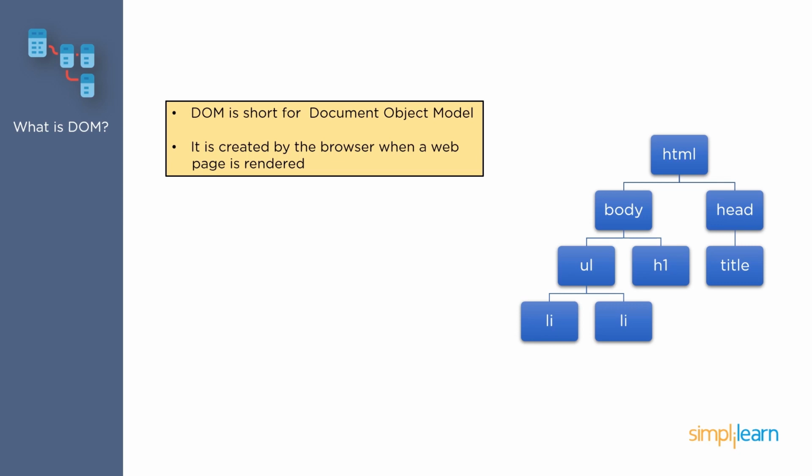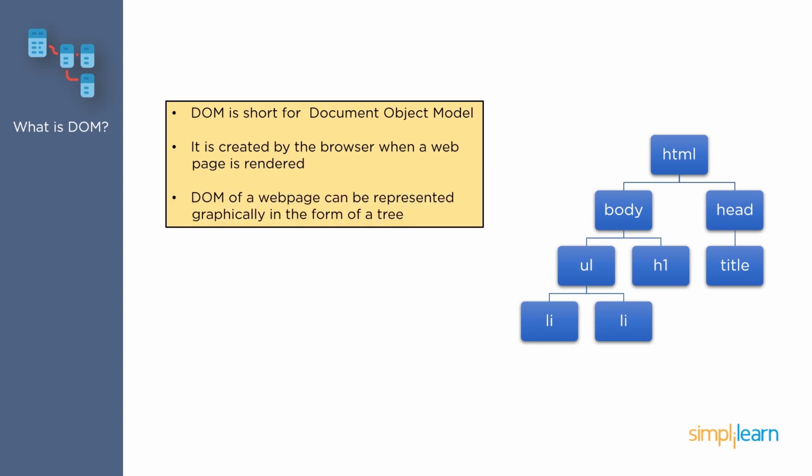A web page is a document. The document can either be displayed in the browser window or as an HTML source. But it is the same document in both the cases. The Document Object Model, or DOM, represents the same document so it can be manipulated. DOM is an object-oriented representation of the web page, which can be modified with a scripting language, a very powerful language like JavaScript. DOM is usually represented in a hierarchical tree-like structure.